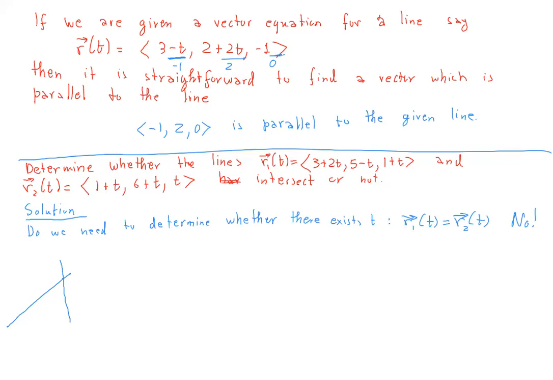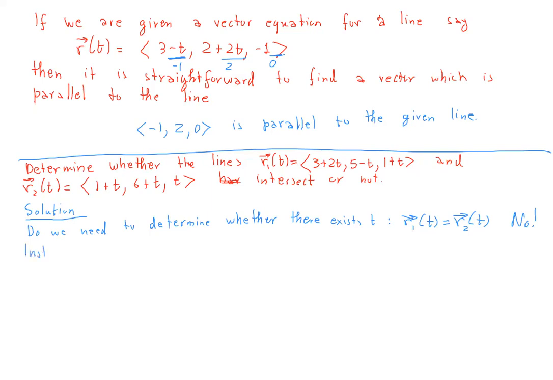So at the same time, do they find themselves at the same point? Yes, but this is not what it means for two geometric lines to intersect. It doesn't mean that there has to be a collision. It could mean that the one line passed, describing a motion, and then an hour later came the other line and passed through the same point, which means that you might want to entertain the possibility that the two lines produce the same point, but for different times. That's why it's not correct to say, let's set R1 of t equal to R2 of t, but rather the correct approach is to say,